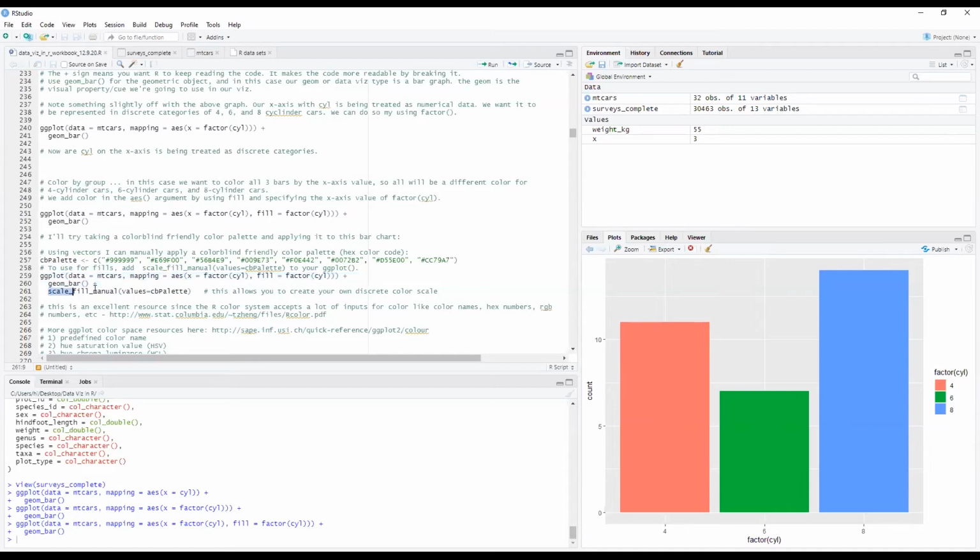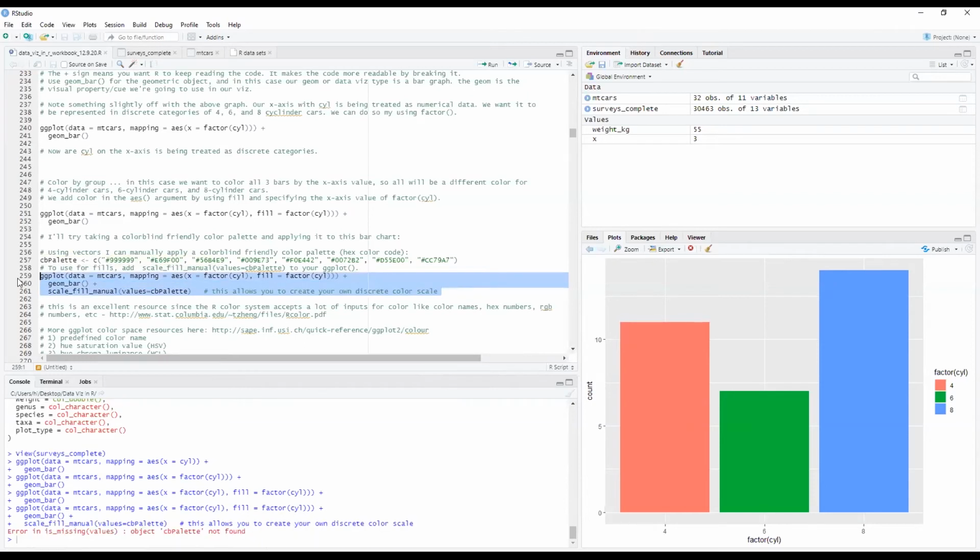scale_fill_manual. So this will allow me to create my own discrete color scale, and I'm putting CB palette, which will take the very first 3 colors that I assign. So I'm manually assigning the colors here. So I'm going to execute this. Let me just execute this to show you what it looks like.